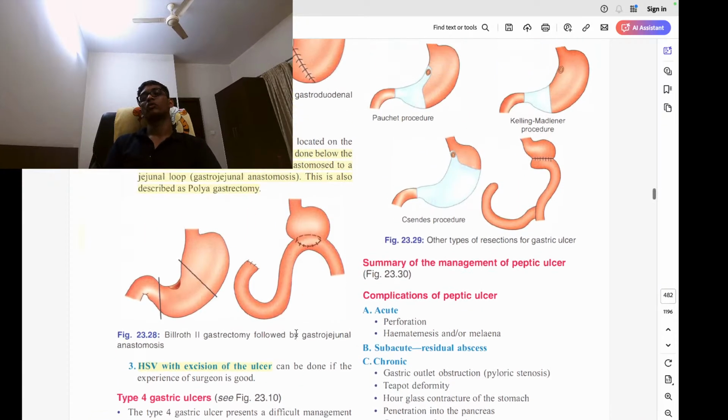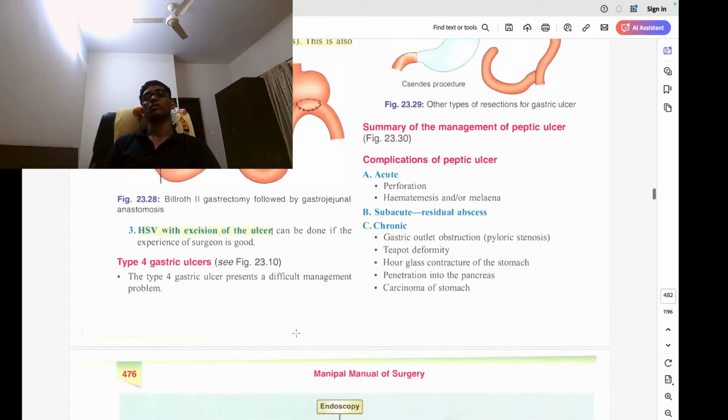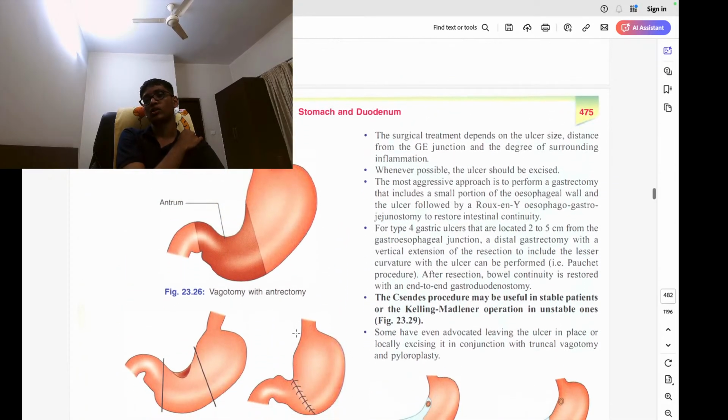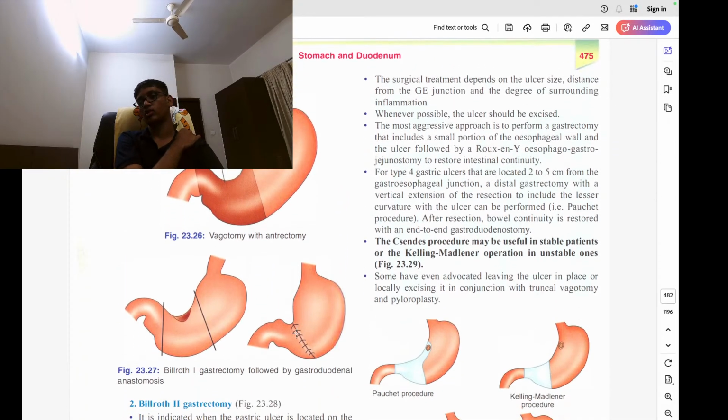Type 4 gastric ulcer is a difficult management problem because it involves the entire stomach. It depends on the ulcer size and distance from the GE junction; wherever possible the ulcer should be excised. The most aggressive approach is to perform a gastrectomy that includes a small portion of the esophageal wall, followed by a Roux-en-Y esophagogastroduodenostomy to restore the